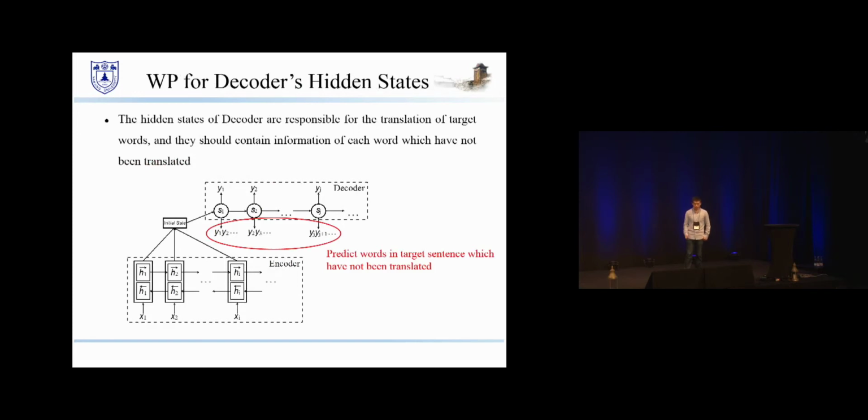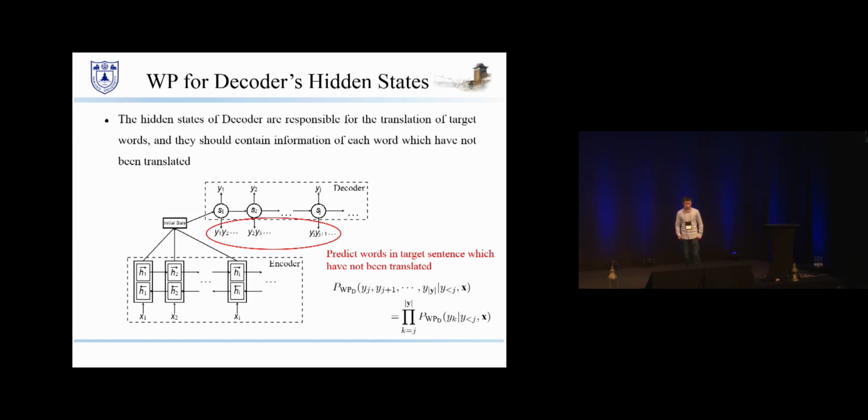Using almost the same way, we add the prediction in all hidden states of the decoder. For the decoder hidden states, there is no reason to predict all the words, especially those which have already been translated. So the target of prediction is those words which haven't been translated yet. The formula is as follows. We map all hidden states to the vocabulary and maximize the probabilities of words which haven't been translated.